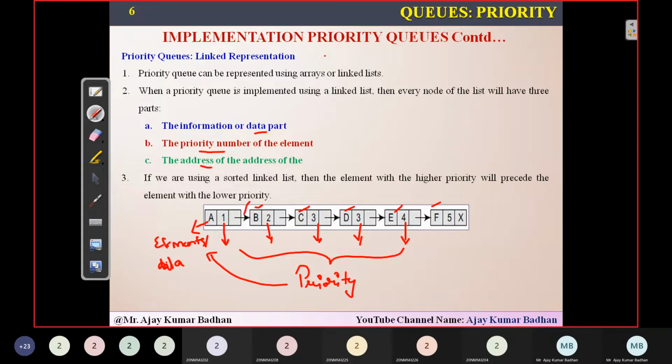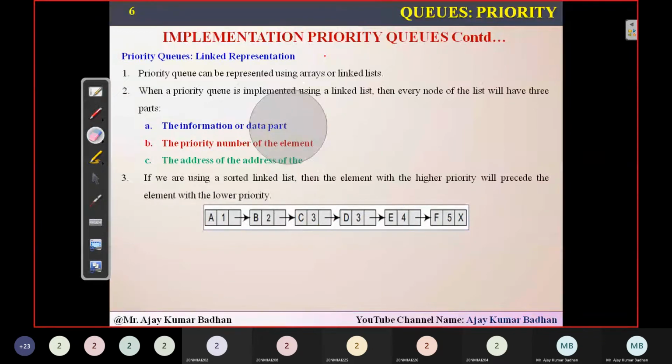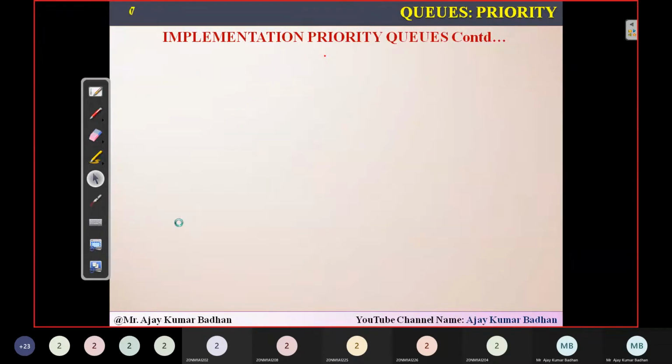Whenever you want to delete, first you will be deleting this particular node. Once this is done, then this will be deleted, then this, and then this. This is the whole process we are going to use, and the same for insertion. The program we are going to deal with today, I will be explaining with respect to this particular linked list. Using linked list only, I'm going to explain the program.